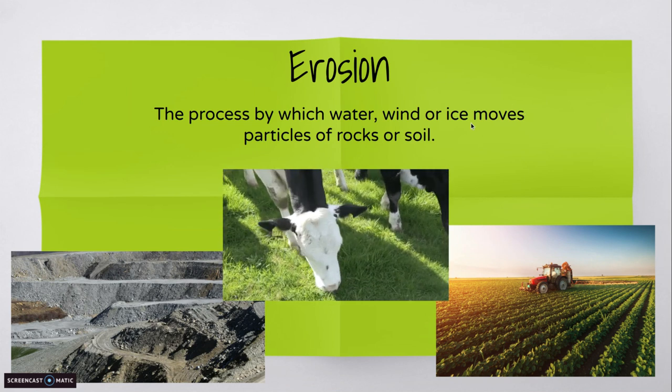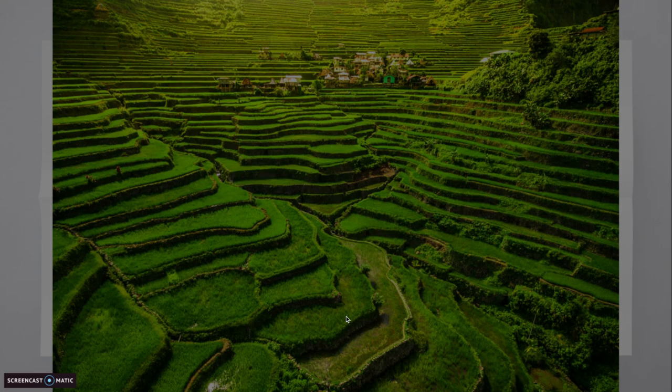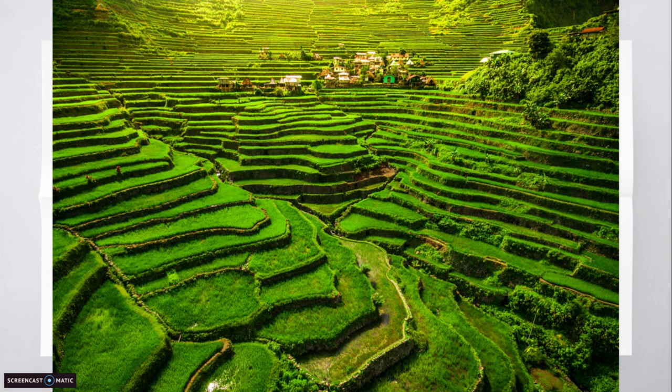Now, what's cool is that there are some farming methods that can help to limit erosion. Terracing, for example, is a farming method that helps reduce erosion that you can see here. So a terrace is actually a section of a hill, and it's leveled to grow crops and prevent erosion. And the flat surfaces actually allow the crops to absorb water before the water flows downhill. So it's a pretty cool farming method that's used in